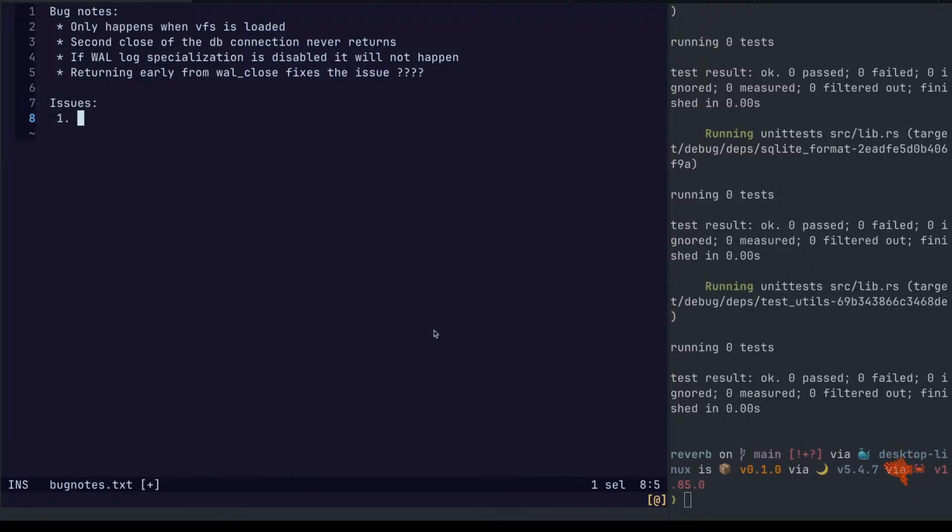Issue 1. Name or pointer to the file name is incorrect.